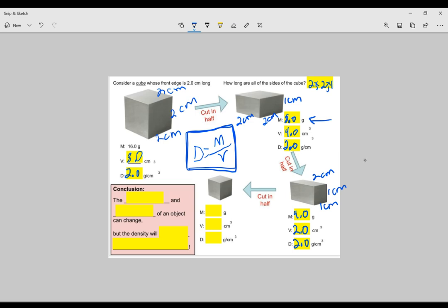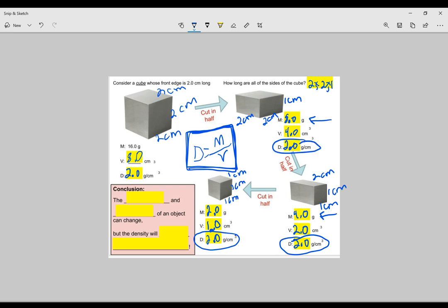So here now, when I cut it again, my sides are 1 centimeter by 1 centimeter by 1 centimeter. And when I multiply 1 times 1 times 1, my volume is 1.0 cubic centimeter. But remember, I cut it in half. It was 4.0 grams. So now when I cut it in half, it is 2.0 grams. Again, I'm back up to my density formula. Density is mass divided by volume. 2 divided by 1 is 2. Well, look at that. 2.0,